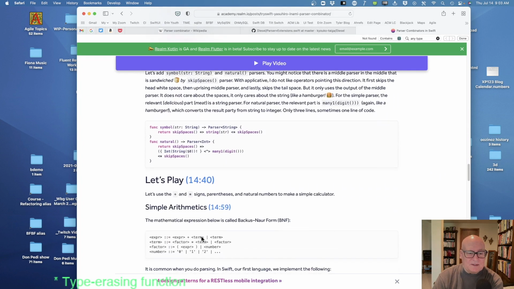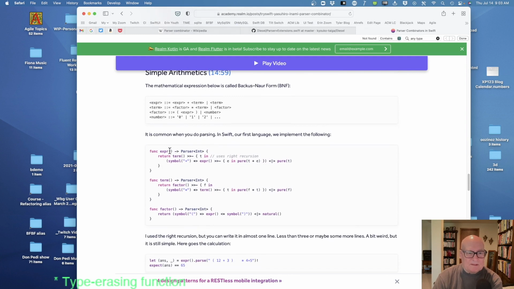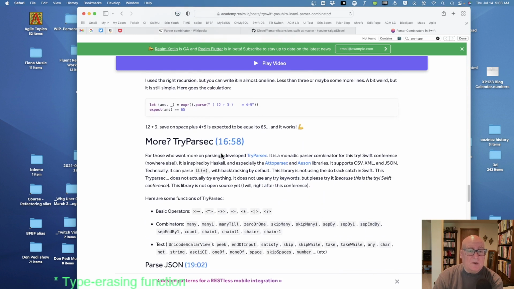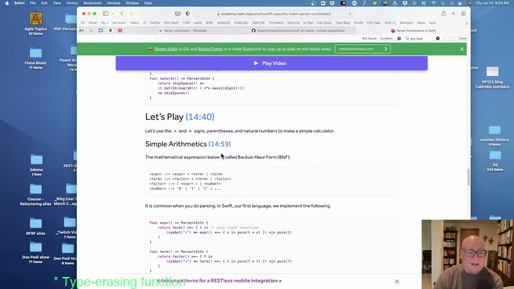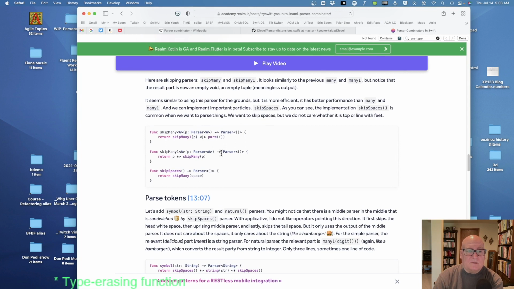Okay, the expression parser, that's good. Interesting. Well, anyway, we will take a go. He took the same example we're working on, so that's a good thing, and we'll see if we can relate what he's done to what we're doing.